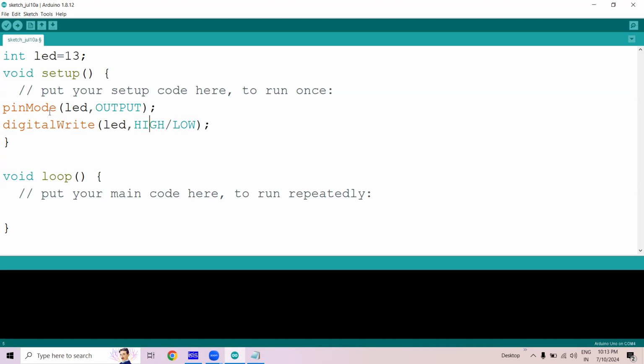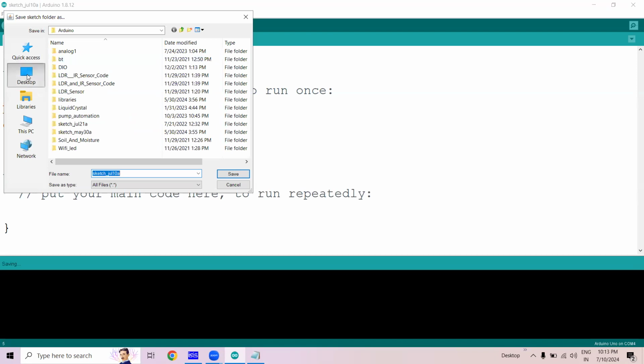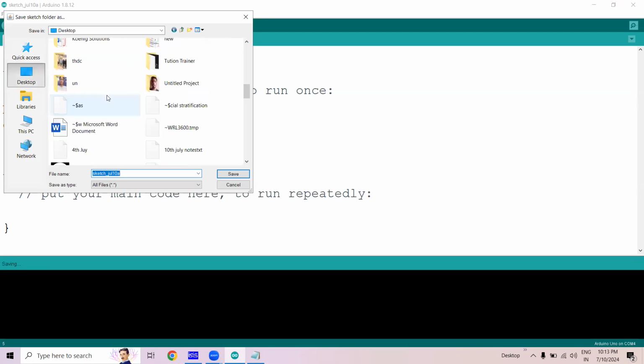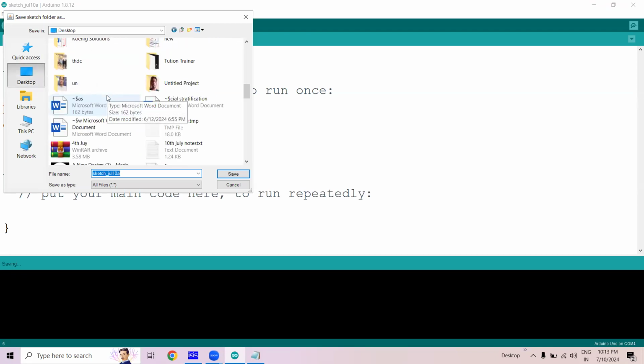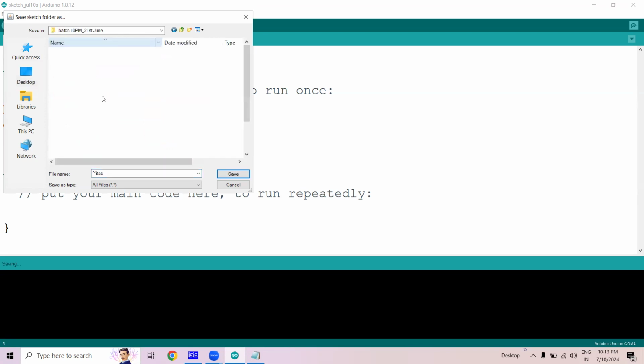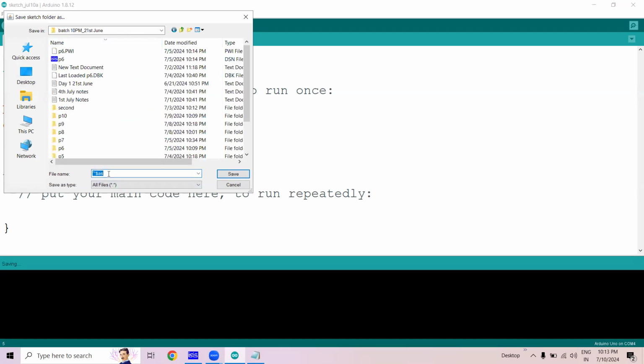LED comma, and then it's high. If we want to turn it on, simply we have to say high. Now let's save the code. So I'm saving this code in the same folder where we saved the code of AVR. It's batch 10 p.m. 21st June. And let's write